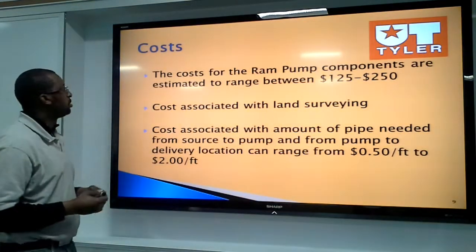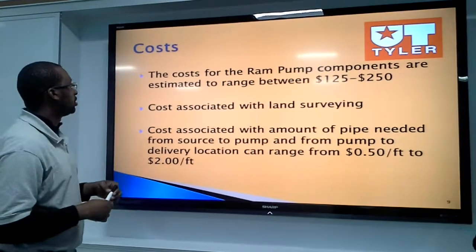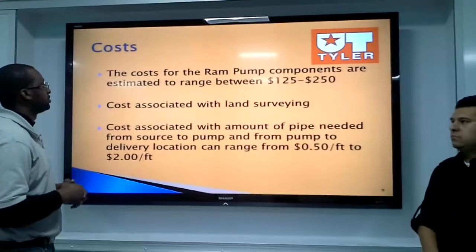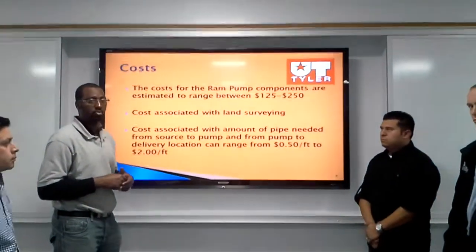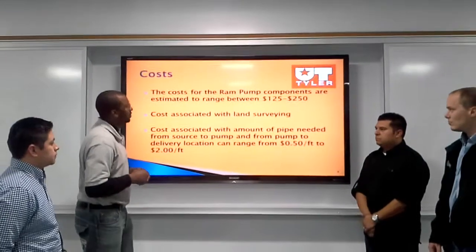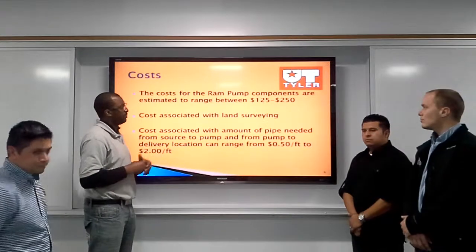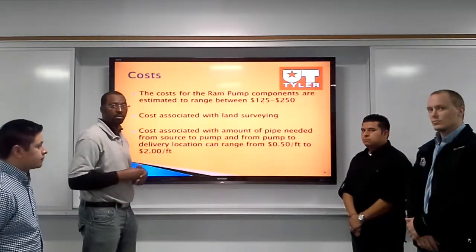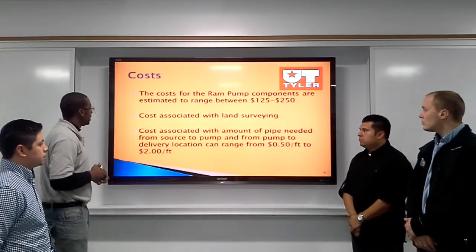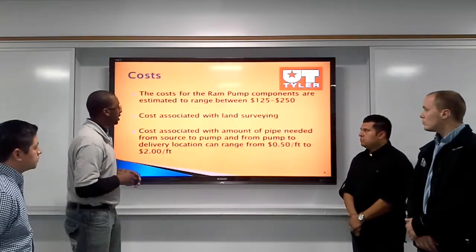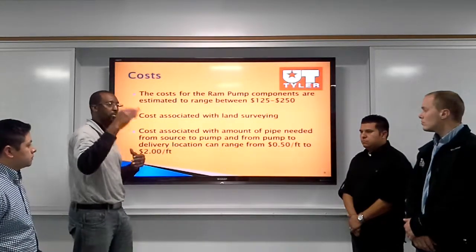And next is the cost. There is also a cost associated with all this assembly. The cost for the ram pump components is estimated to range between $125 and $250. $125 is if we use a PVC valve, and $250 is for galvanized steel, which costs more in the market. There is also a cost associated with the land survey. As we know, we have to use a land survey to know how is our gravity to